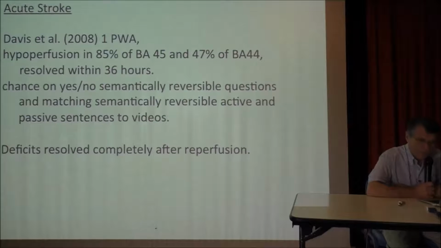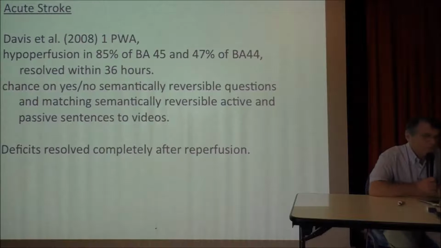I'm going to say this was pioneered by R.J. Hillis, certainly an early contributor. What people do is they look at areas of hypoperfusion that then regain their perfusion either as a result of the natural history of the stroke or because of efforts to increase blood pressure and sometimes anticoagulation. This can happen in minutes, and people's functional abilities can change as a function of the area that is perfused,